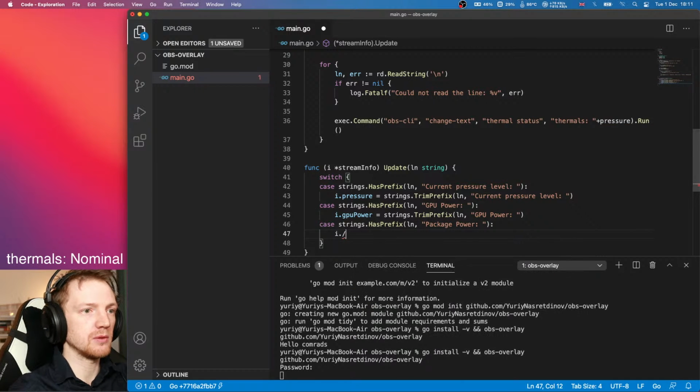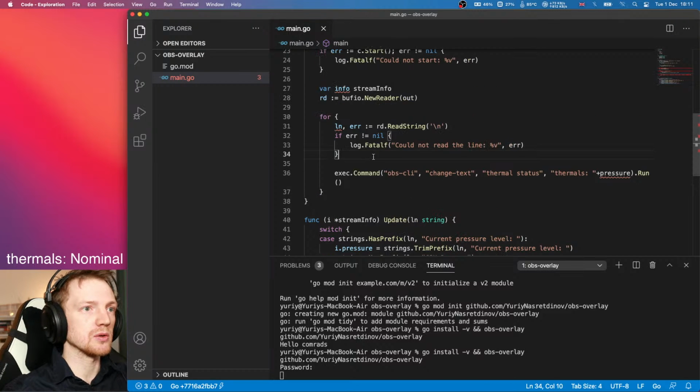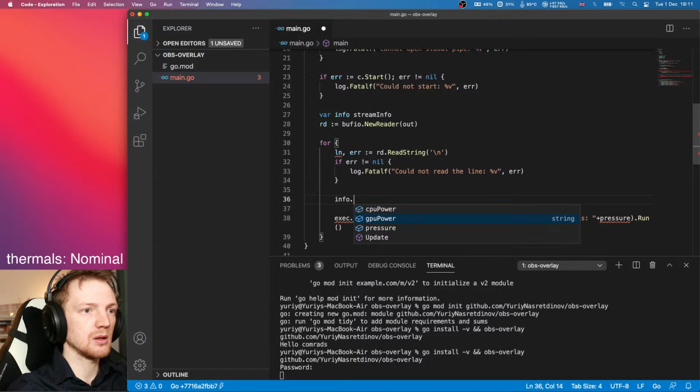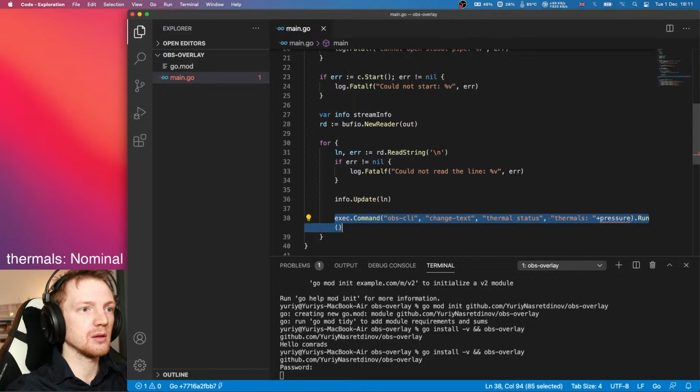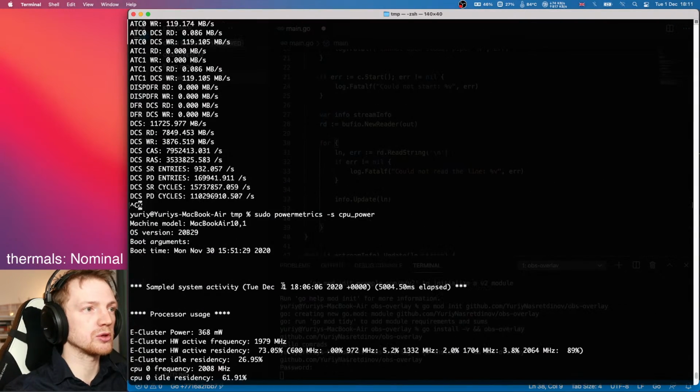And we say CPU power equals string prefix package power. So then, after we read the string, we will update this info. And what we will then do is to show